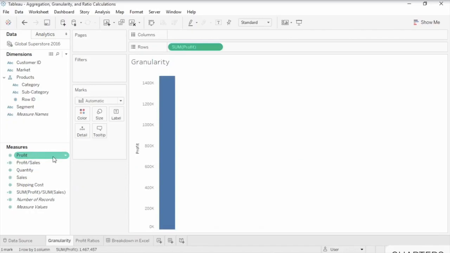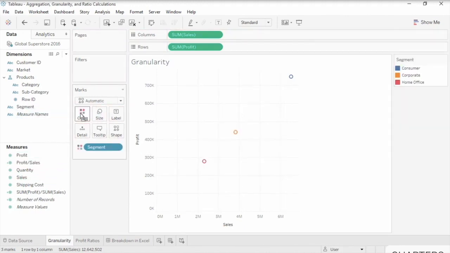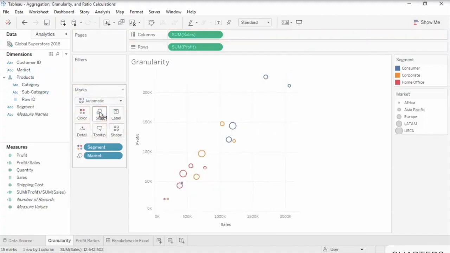If we plot profit and sales, we only get 1 point. Tableau has aggregated the sum of sales and sum of profit and plotted that. If we want more marks in our view, we need to change the granularity, or the extent to which the view is broken down. Increasing granularity is done by adding dimensions to the view. Putting segment onto color breaks that single point into 3, a point for sum of sales by sum of profit for each segment. If we add market to size, we now have 15 marks, and there's now a point per